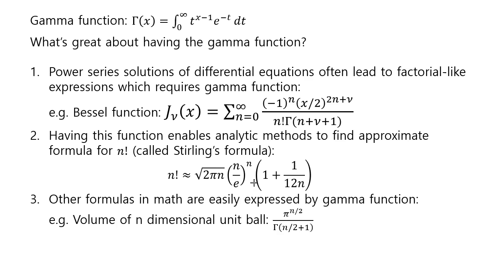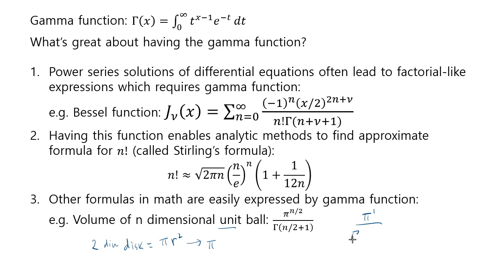And thirdly, other formulas in math are easily expressed by the gamma function. For example, the volume of an n-dimensional unit ball is given by this with a gamma function. So for example, a two-dimensional ball is a flat disk, and the area is pi r squared. But since it's a unit ball, meaning r is 1, the area would be pi. And indeed, if you plug in 2 for n, you get pi to the 2 over 2, which is the first